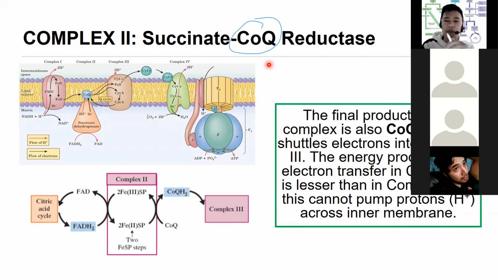So to say, both the electrons coming from NADH and FADH2 will enter at separate sides of the electron transport chain. But eventually, both of their electrons will be carried by coenzyme Q to complex 3. Do you follow? Am I making sense? So if you're going to put that into perspective,